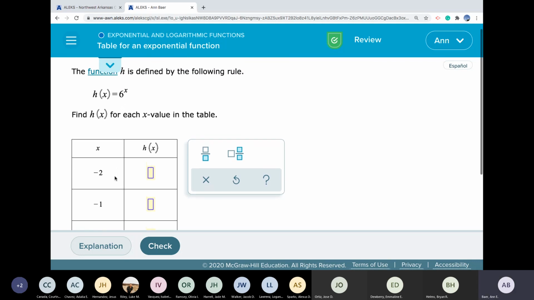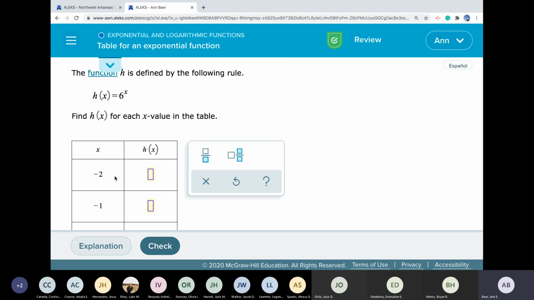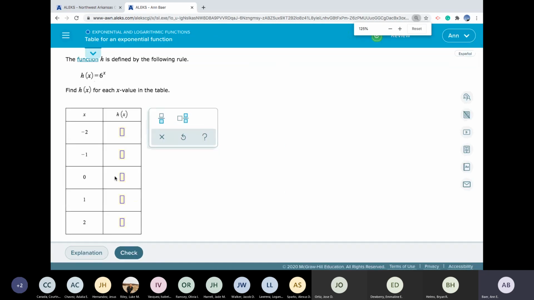That's what we want to do. So how do we do that? So what I would like you all to do, and let me just get this so we can all see it, is copy down that t-table. So I'm going to copy that down too. And then we're going to work with our graphing calculator so you can see how to do this problem. And then we're going to do a couple of other graphing problems too. They get more complicated.